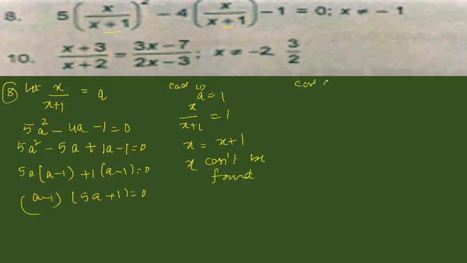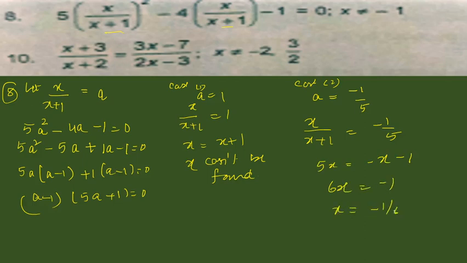What about case 2? Case 2 is a is equal to, so I have to find the a value, so it will become minus 1 upon 5. Now it is nothing but x upon x plus 1 is equal to minus 1 upon 5. Cross multiplication: 5x is equal to minus x minus 1. So it will become 6x equal to minus 1, x equal to minus 1 by 6. So the third question, the 10th question which you have given here, just simple cross multiplication you do, you'll get the quadratic